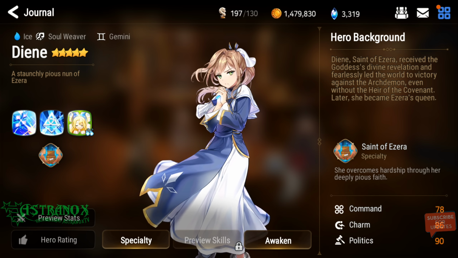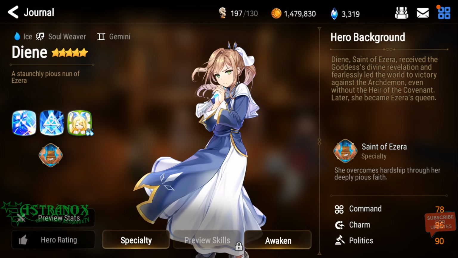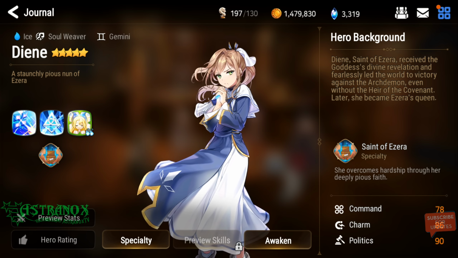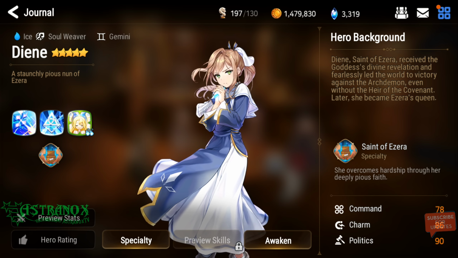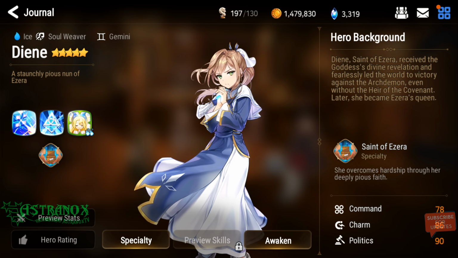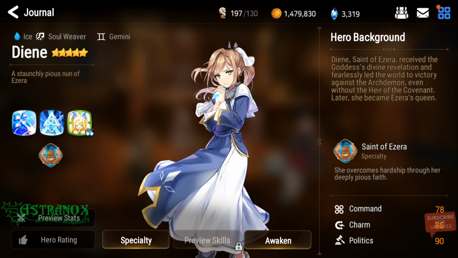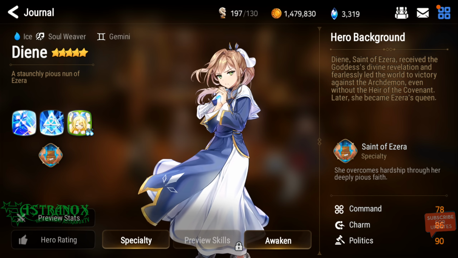If you pair her, because she's not a healer, right, unless she has that 5-star artifact that heals a bit, and that's only when she uses skill 2 and 3, so not all the time. But if you pair her with Destina, it will be very annoying to fight against. You can use